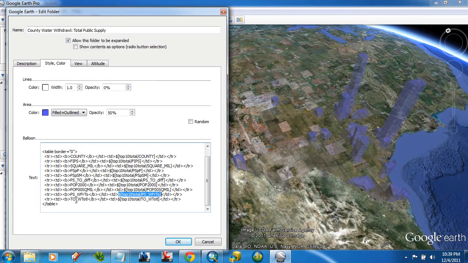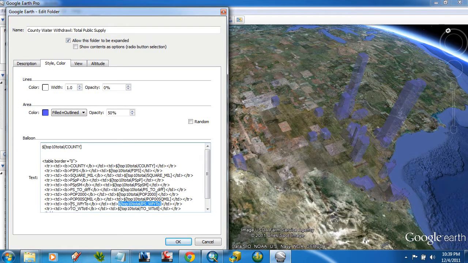But remember, we included this total water use. And I've also got the public supply water use. It's here. You don't have to use it, but if you want to, it's kind of nice that it's there. But I'm going to copy that variable for the millions of gallons measured in public supply. I'll paste that here. And let's say millions of